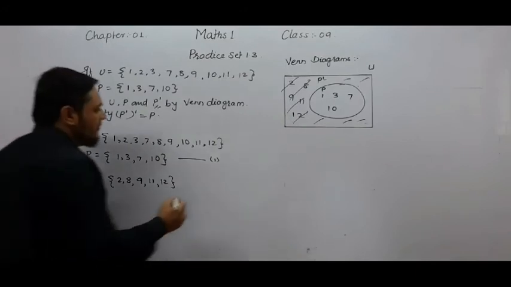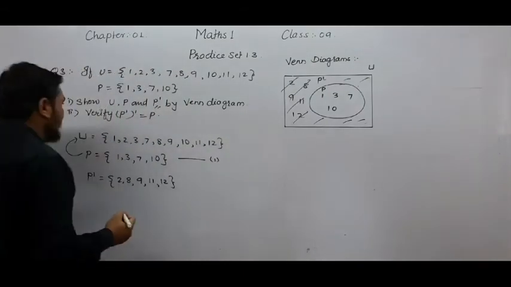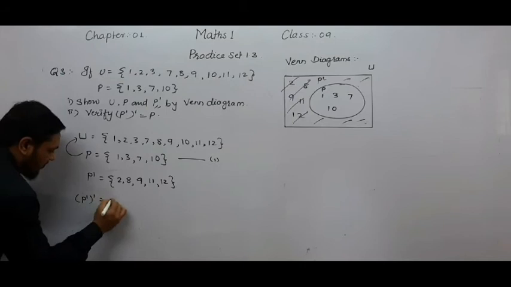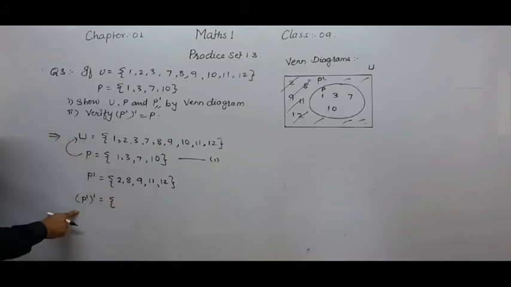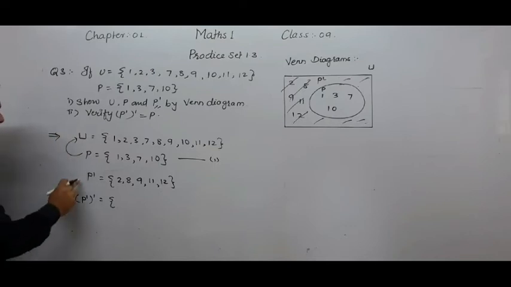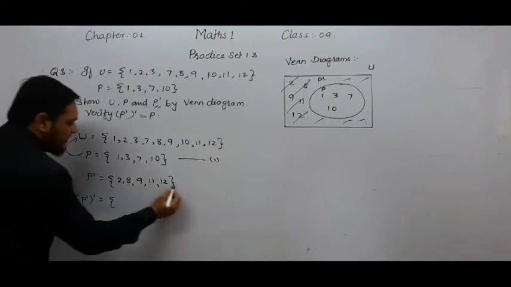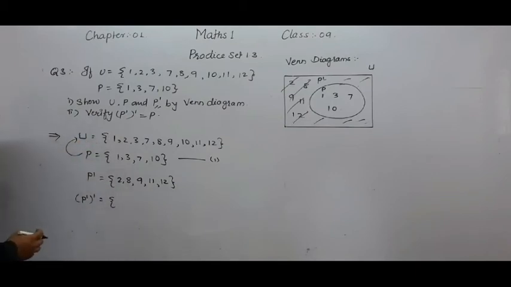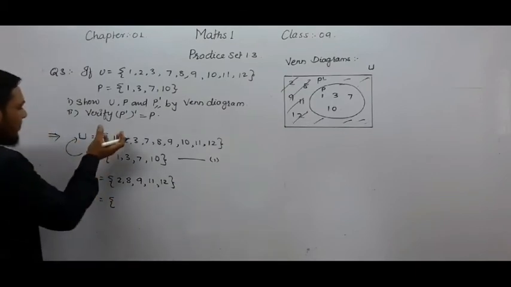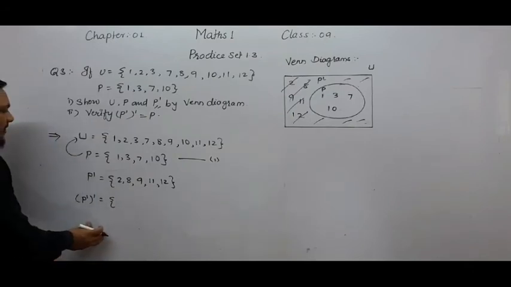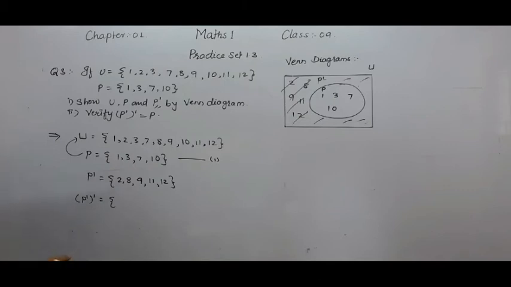So now students, we will solve the second question. For the second question we have to find the complement of P complement. The complement of P complement will contain all the elements of set U which are not in P complement. So we have to skip these elements from the universal set and write the remaining elements. Means if the elements of P complement are taken out from the universal set, then the set of remaining elements we can call the complement of P complement.